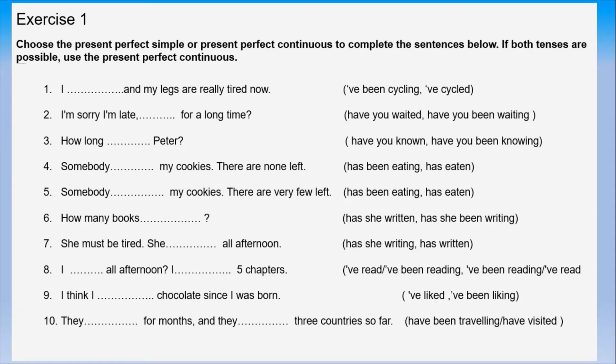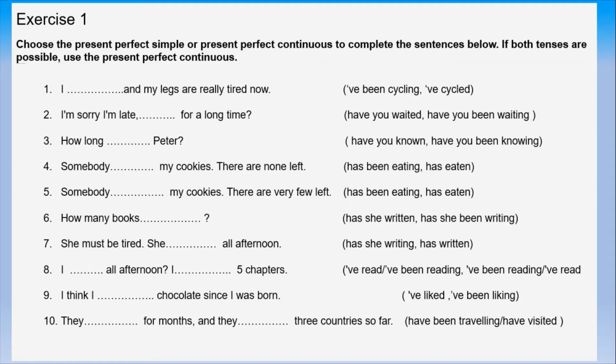There are none left. We use the present perfect for the finished action. We focus on the completion of the action. The cookies are finished, nothing more. Thus, there is completion. We choose